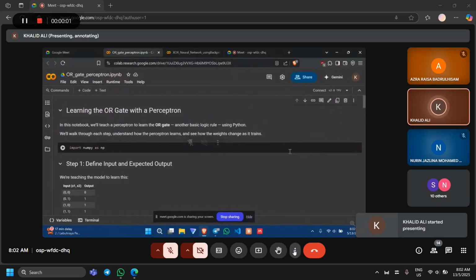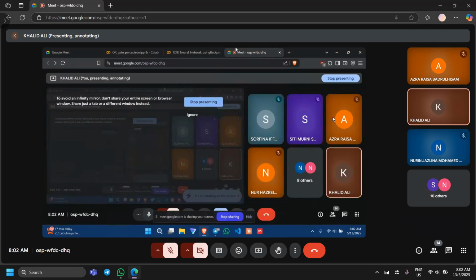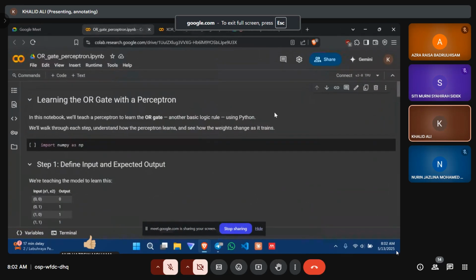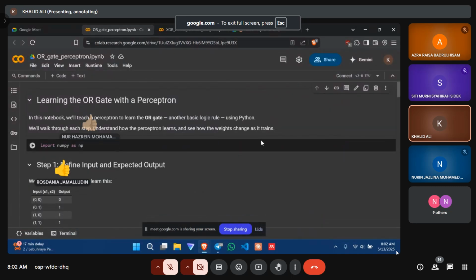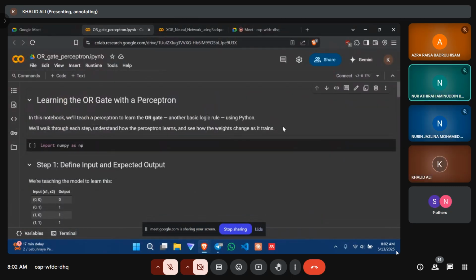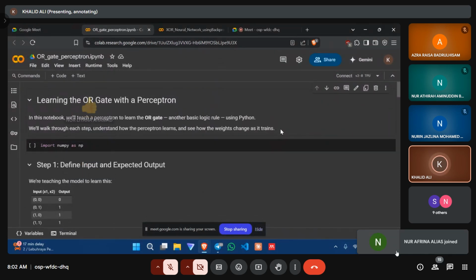Can you guys see the screen? Yes. Okay. Firstly, what we'll be doing is training a simple perceptron on the OR